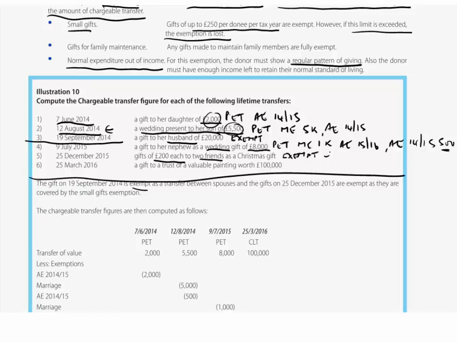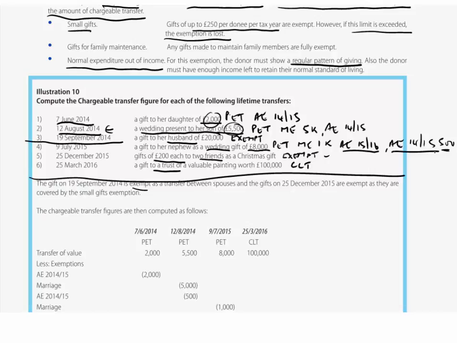Finally, March 16. What type of transfer is that? Gift to a trust. Gift to a trust is a CLT. We know, of course, the value. It's £100,000 there. What exemptions? Well, do we have any unused annual exemption from this year? No, we don't. Already used up on the first transfer, the wedding gift to the nephew, and we've used up